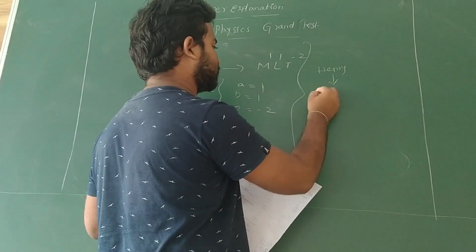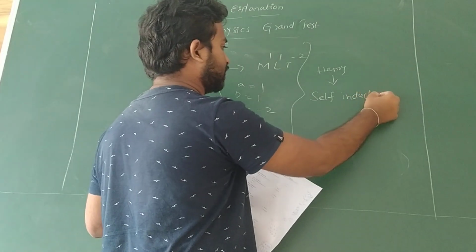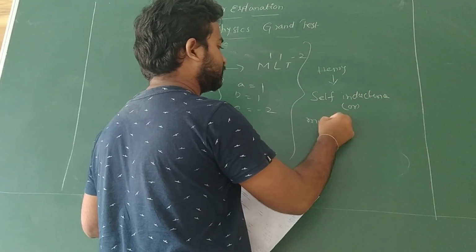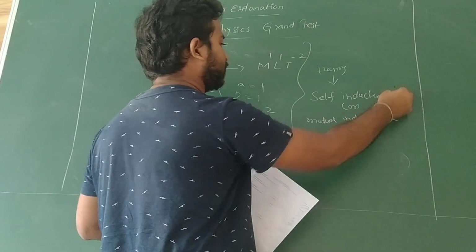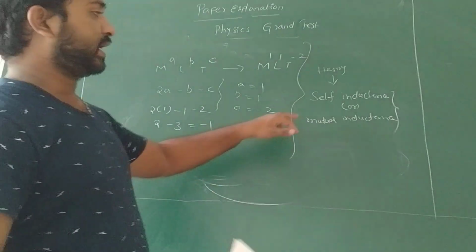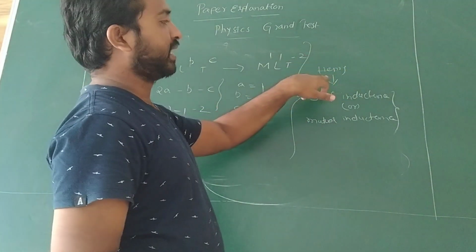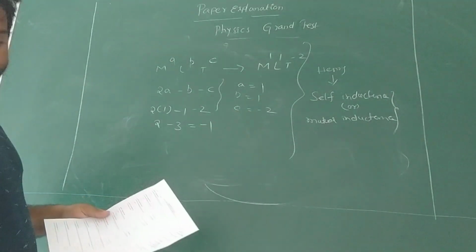Actually, this Henry is also one of the units of the system. The SI unit of self-inductance or mutual inductance is Henry. It will come in 12th class. It is a new thing for you, no need to learn it now. But it is not a physical quantity, it is like a derived quantity, right? So the seventh question answer is D.